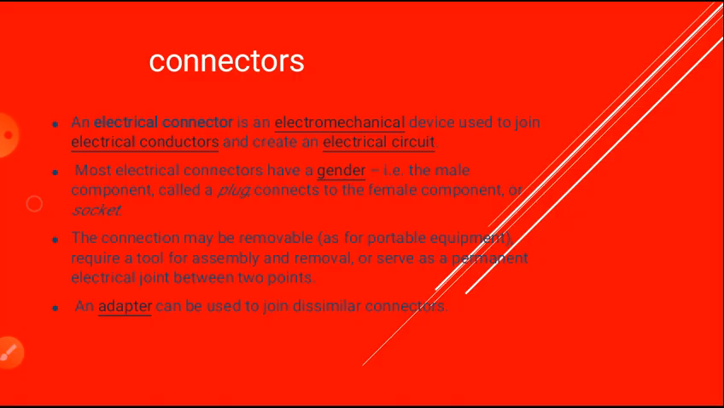Next, connector. An electrical connector is an electromechanical device used to join electrical conductors and create an electric circuit. Most electrical connectors have a gender, that is a male component called plug and connect to the female component or socket. That means the male component is called as plug, and where we connect, that is socket, it is called